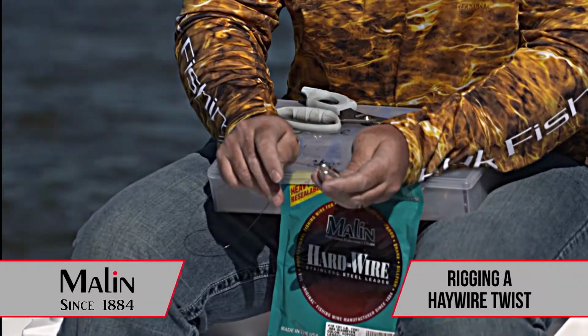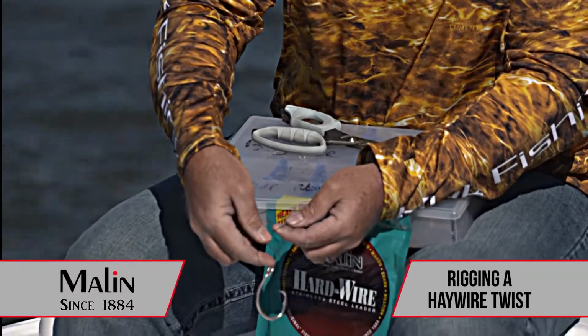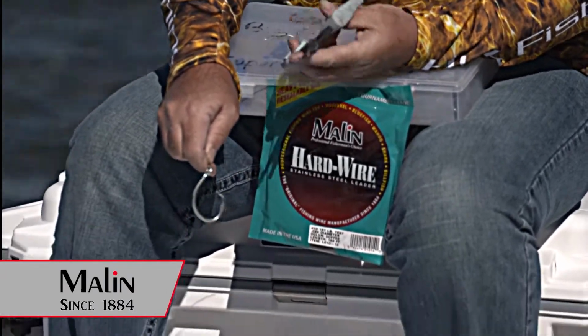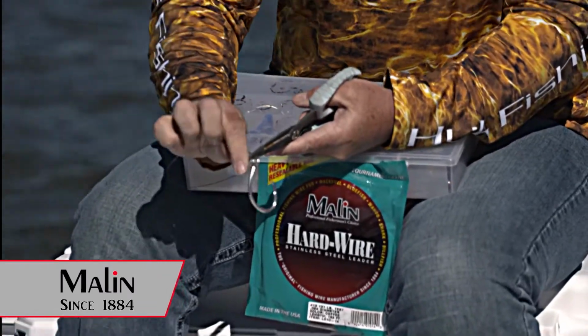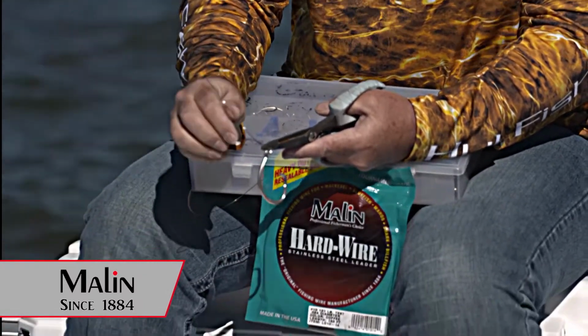Now, if you already know how to tie a Haywire twist, you can skip this portion, but essentially all you're gonna do is make a loop right there with that number 10. And then I like to cheat. A lot of guys don't have to do this and they're better at it than I am. I just take a pair of pliers and just clamp that down right there. And then what you're gonna do, you're gonna keep these at about a 45 and go ahead and turn it